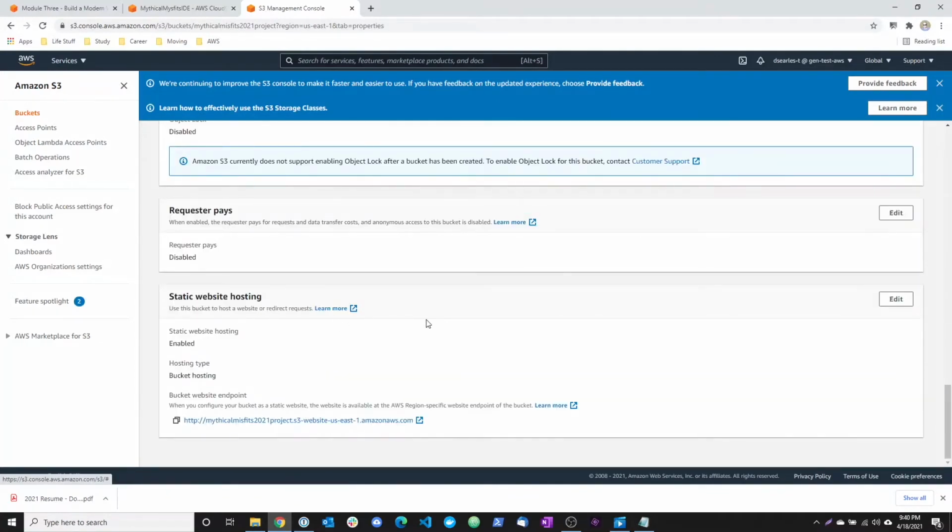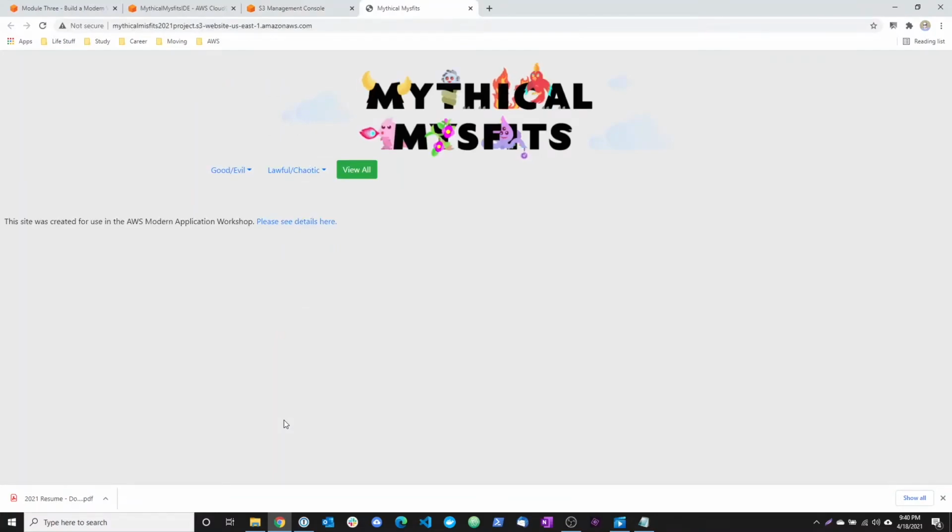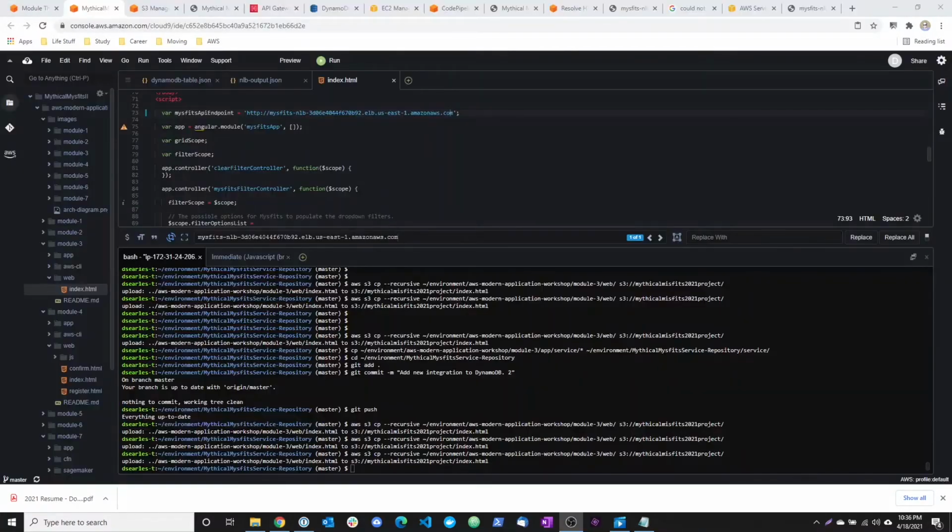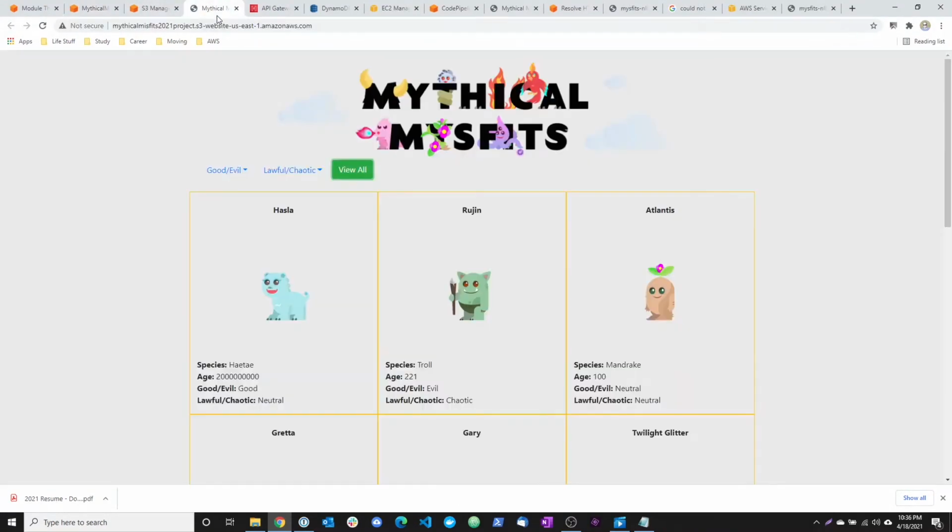Okay, we're back in S3, so we're going to click on the link here to see our website. I'm going to click on that. Okay, so that initially did not work, but I went back and found that when I put in the network load balancer link, I missed the HTTP, so it didn't load properly. So I saved it and re-uploaded, and when I go back now, you can see that everything shows up properly,